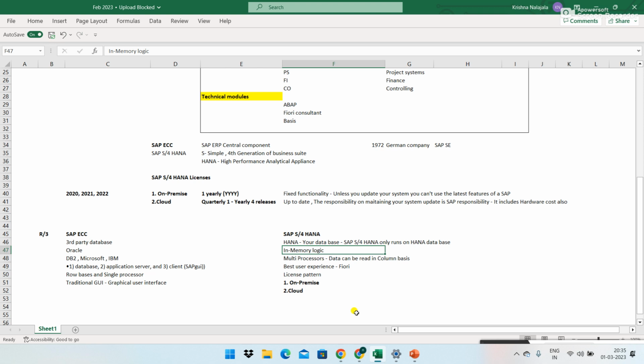So here in SAP ECC, they use less RAM and more hard disk, HDD. I'm just writing HD, hard disk, okay. Why? Because the RAM cost is more. If you check in the market, RAM cost is more, right?